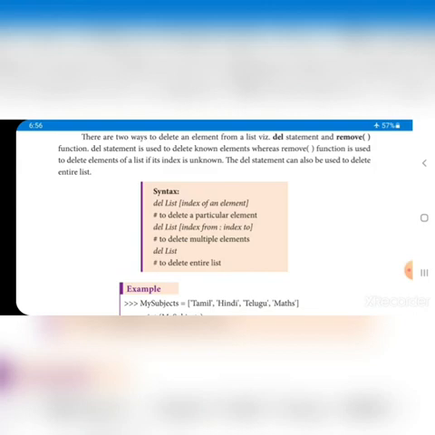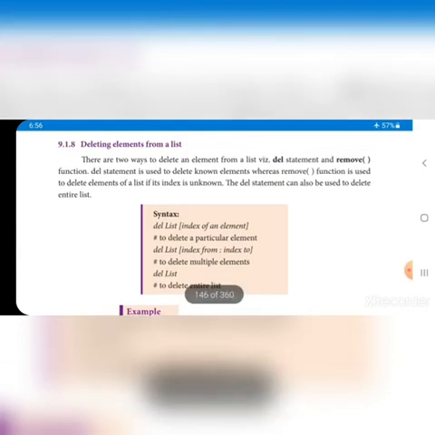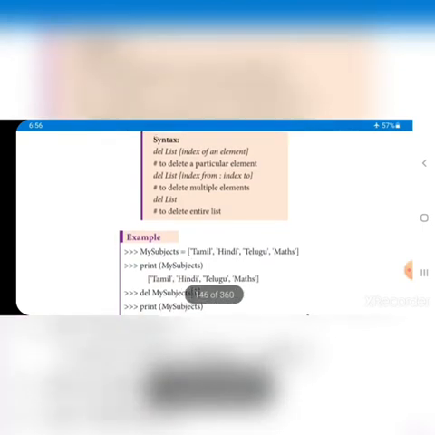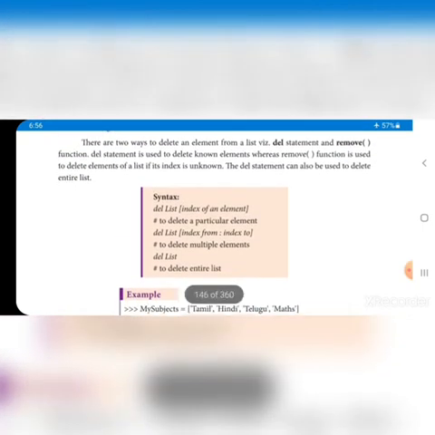And then how they are deleted: we have some clarity about what the value is and where the value is placed. If we are going to delete an element, we can use del. If we need to delete the whole list, we can use the remove function.